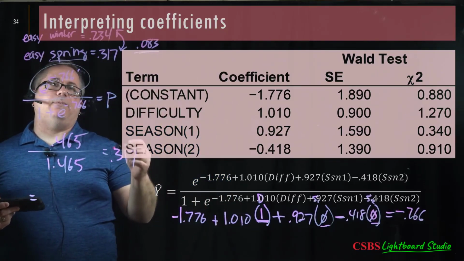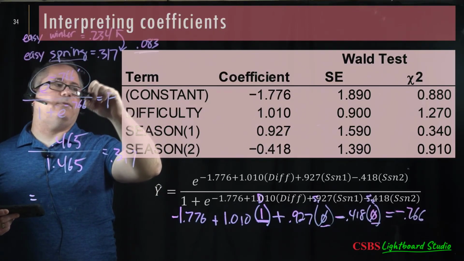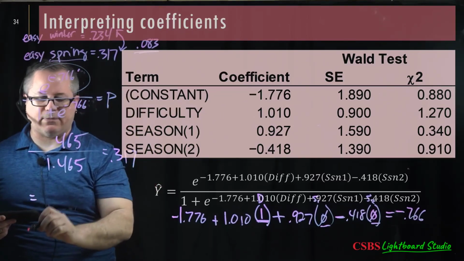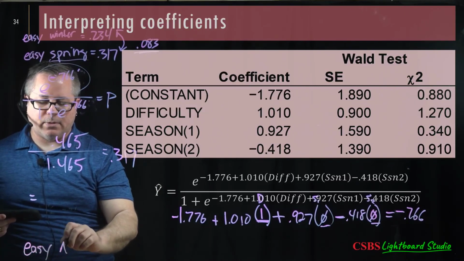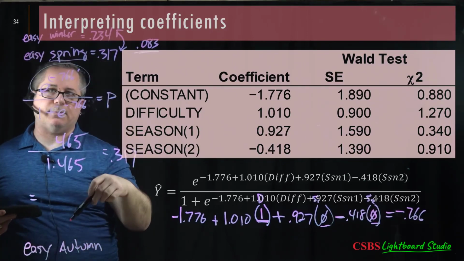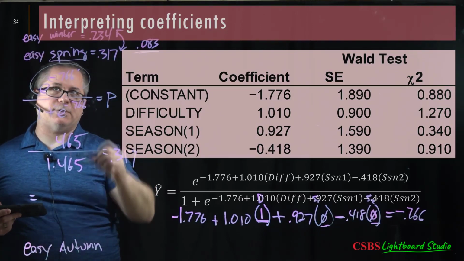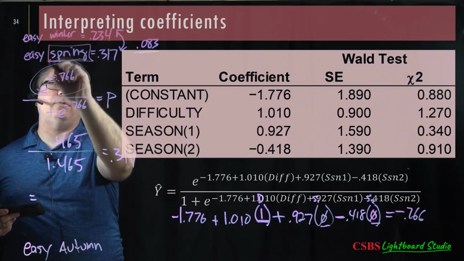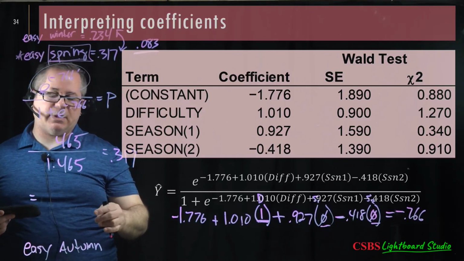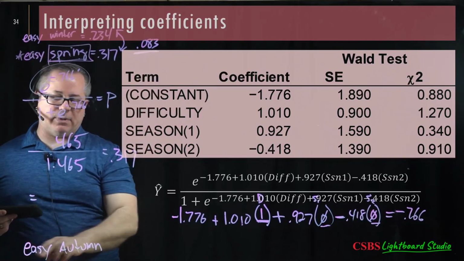We're out of time, but if we were to do the same thing to figure out easy autumn, we can do the same process and calculate what it would be like for easy autumn. And you'll see that the change between autumn and spring, because remember spring is our comparison group, is not going to be 0.083. Just because the change of probability between spring and winter was 0.08 doesn't mean that autumn will actually have